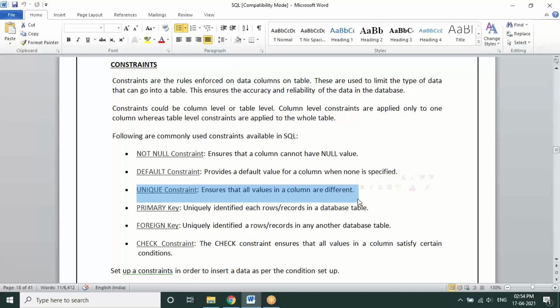Right. If someone has already worked on databases, can someone tell me, on a unique constraint, can we have null values inserted? Does it accept them? Has anyone worked on databases? If you assign a unique constraint on a particular column, can that column accept a null value? Yes or no?